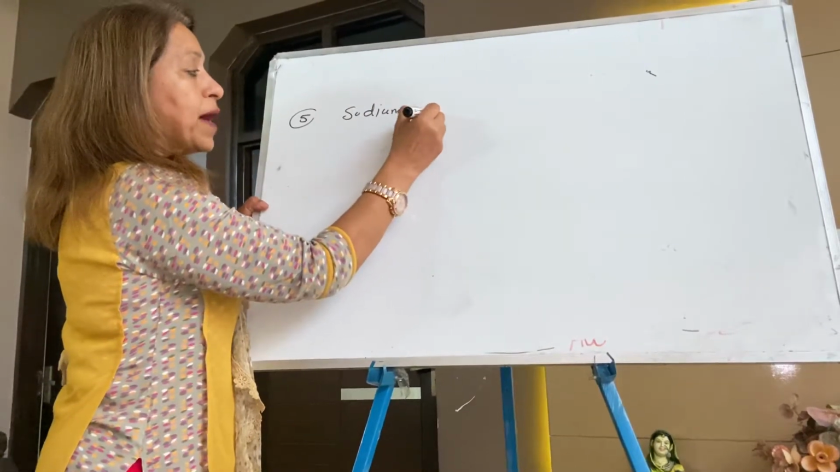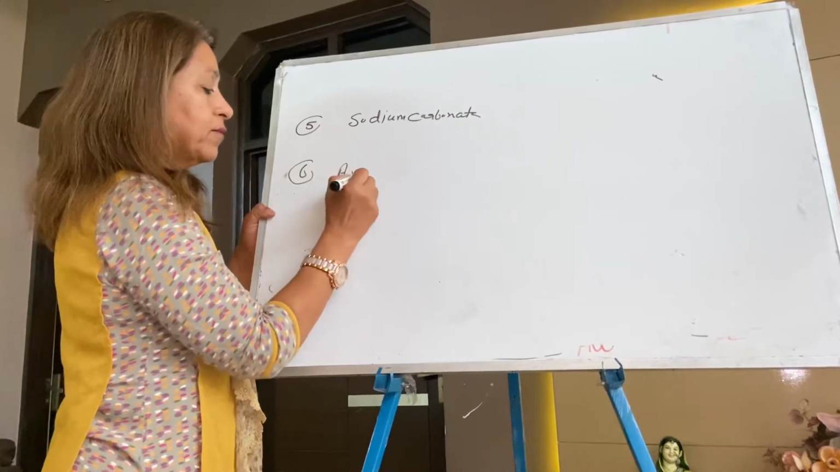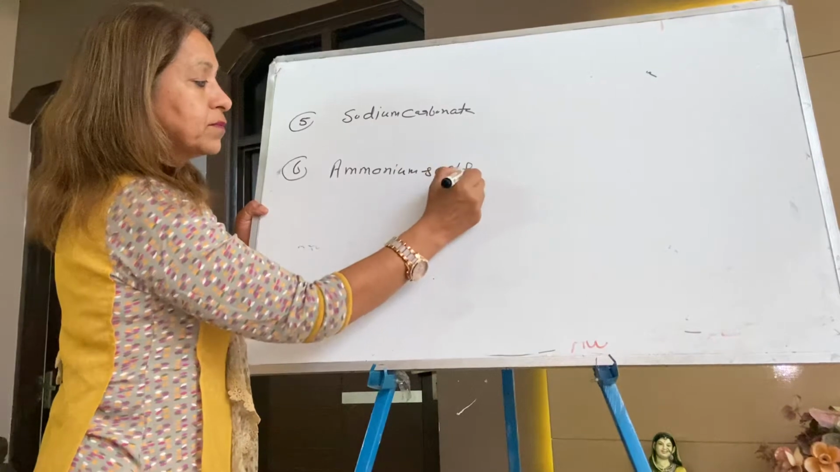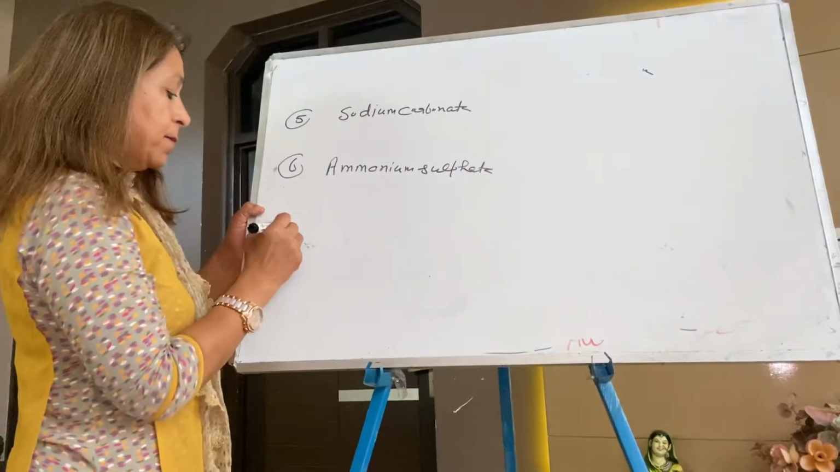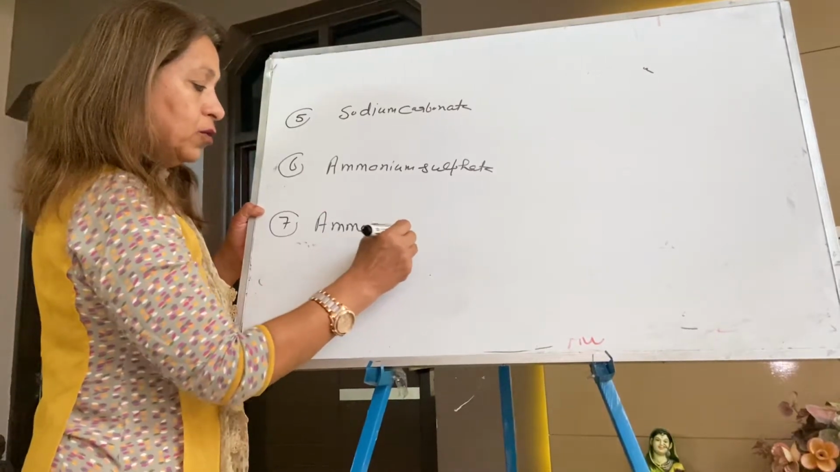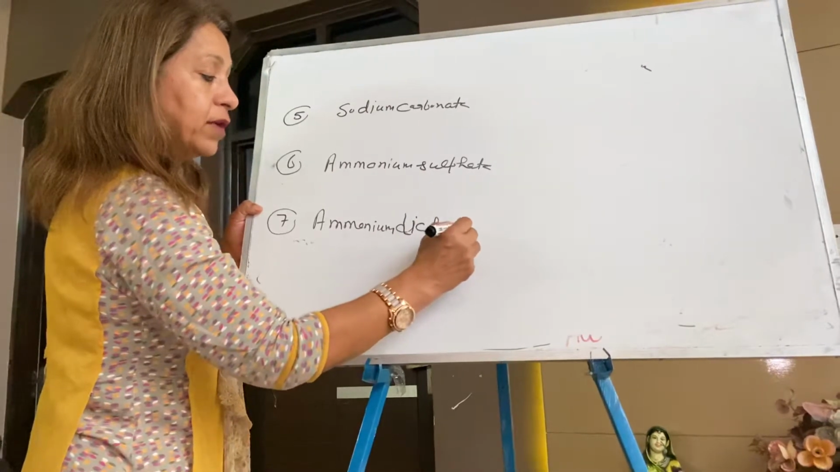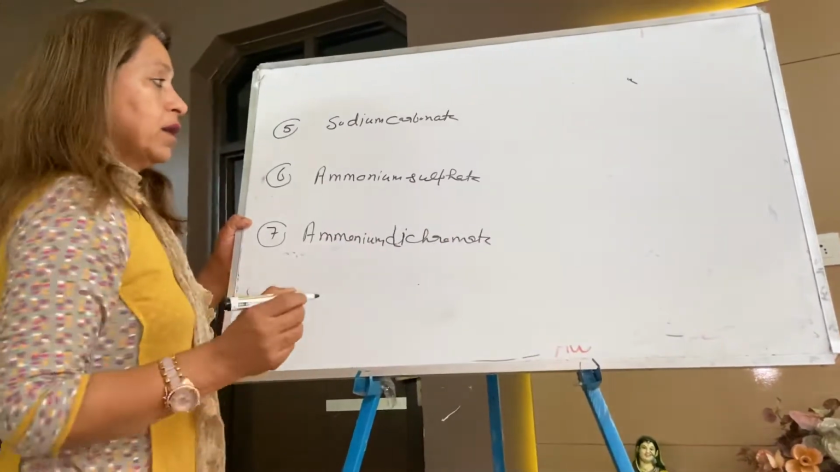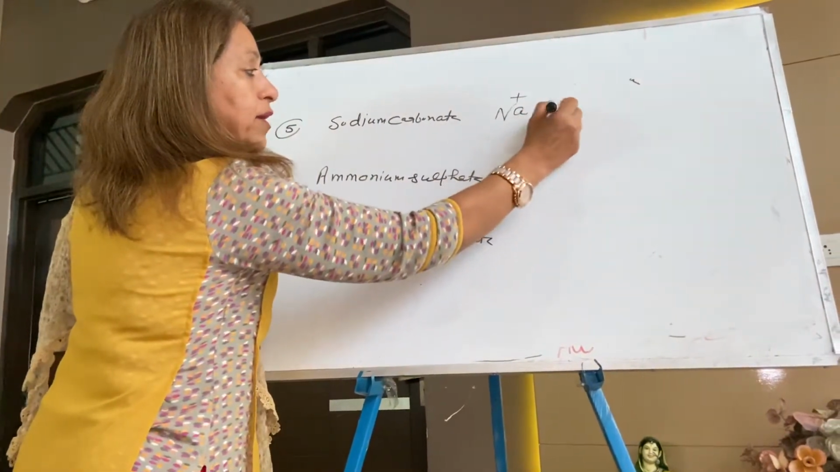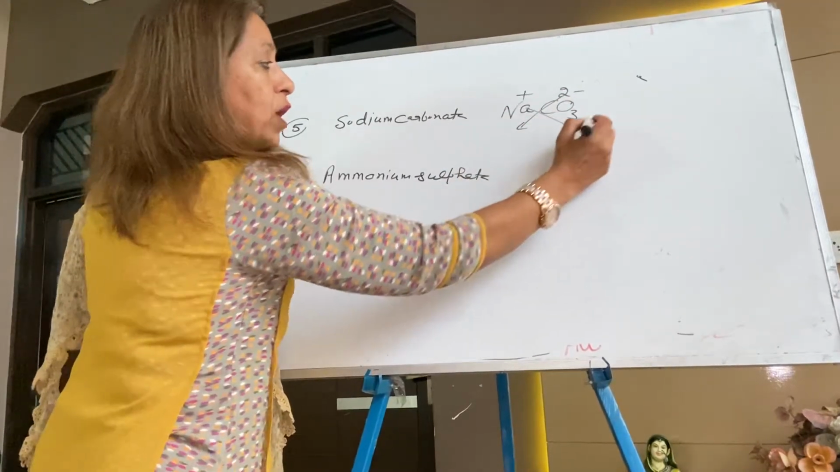sodium carbonate, ammonium sulfate, ammonium dichromate. Any typical formula, you can write ammonium dichromate. Okay. Next is sodium. Sodium is plus 1. Carbonate is 2 minus. Crisscross. The formula becomes